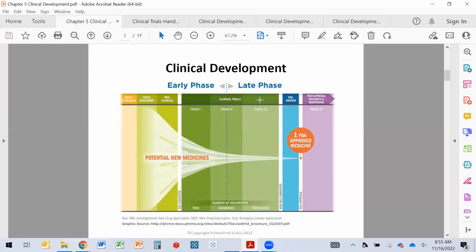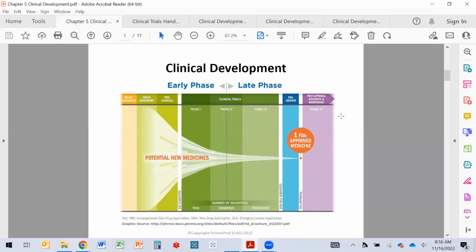into human trials. The human trials are in three basic phases: phase one, phase two, phase three. Right around phase two is called early phase, and then phase two, phase three is called late phase. And then you'll have the FDA review, and then finally post approval research and marketing, where there's another type of